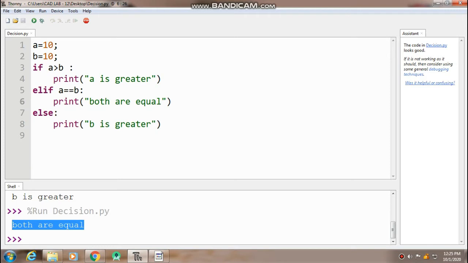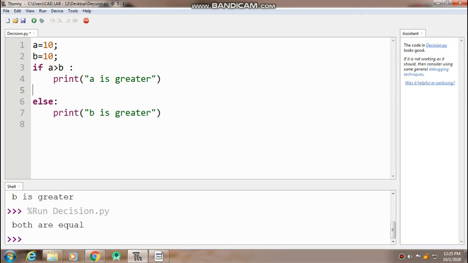Okay, so this is the purpose of the same. One more way is there. Suppose you don't want to use this else if, you simply want to use the nested if. One we have is nested if. Nested if means if within the if statements. Means there is an if condition, and I'm using one more if in the same condition.